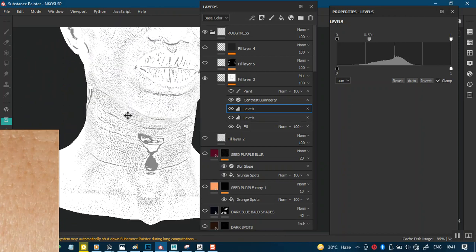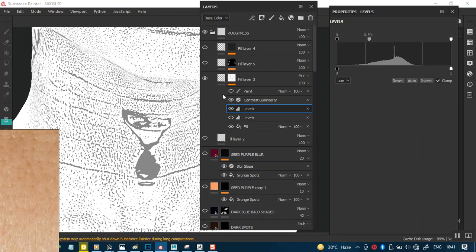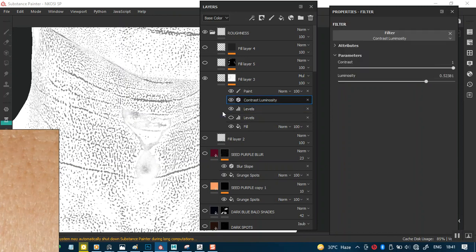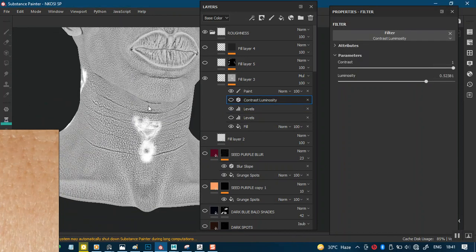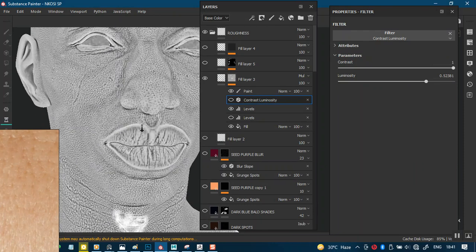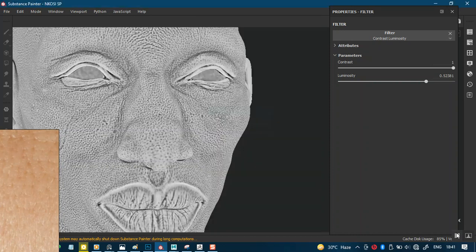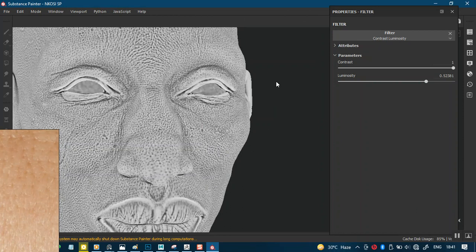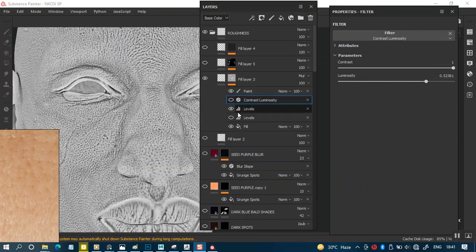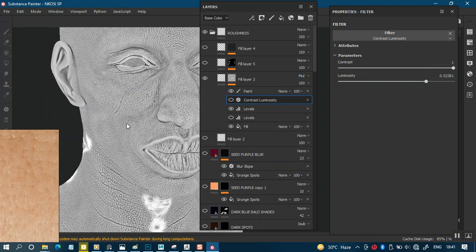Then in some areas where I had something, this was an error, so I used my paint layer to paint those off. And I use my contrast. If I turn this off, you can see. Now with these contrast settings, I have something like this. Okay, so with this contrast it should come up. With my contrast off, I have something like this,